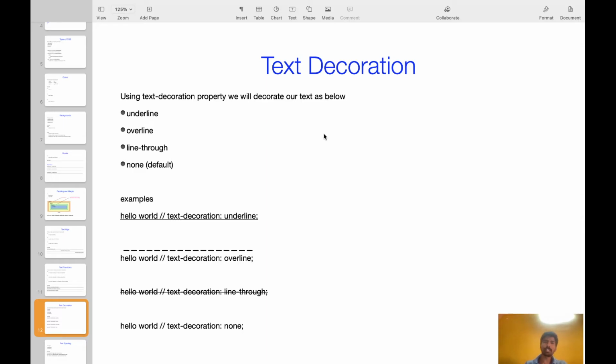Next one is text decoration. Text decoration means this will add a line to the element. If you want to underline the text, you can use text-decoration: underline. If you want a line on top of it, text-decoration: overline. If you want a line through the middle of the text, you can use text-decoration: line-through. Text-decoration: none means no line will come.